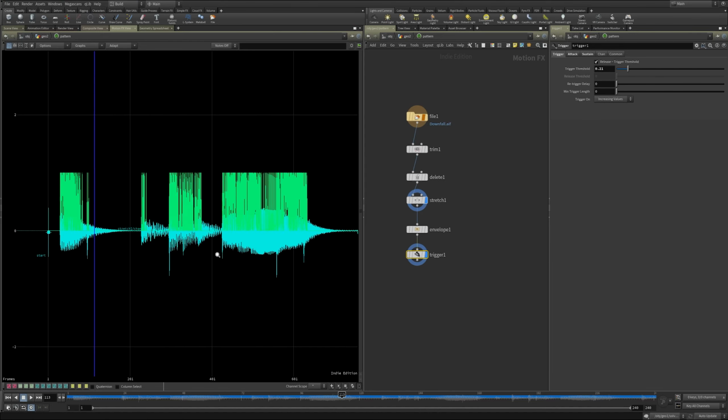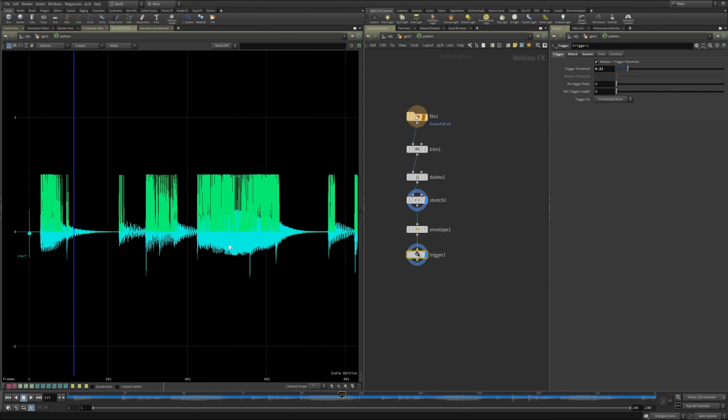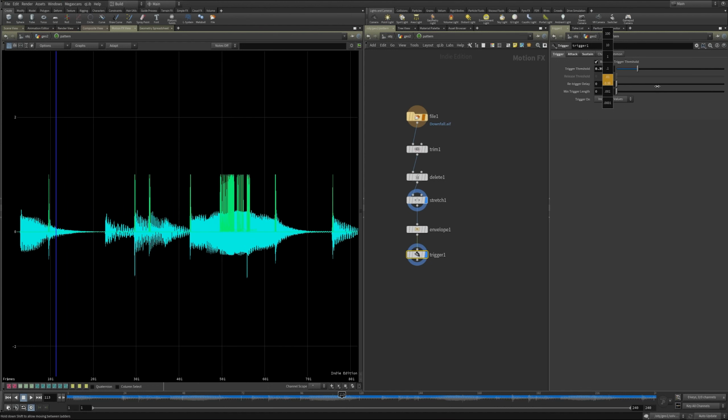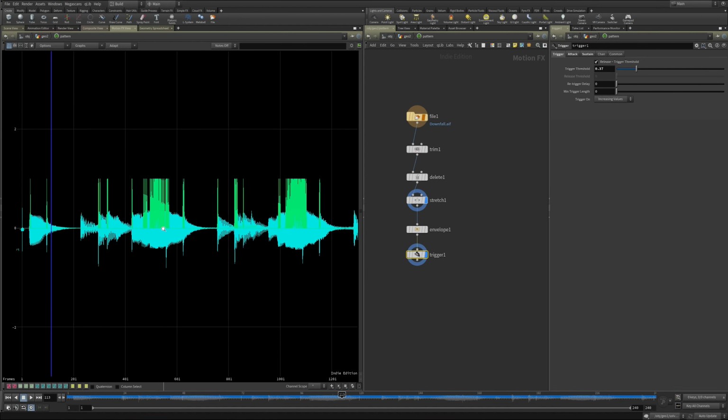Now if we look at the length of my audio, I'm getting far too many value changes registered in this trigger. So I'm going to up my threshold. Not by that much, but it's a little bit finicky to play with these values. Once you start to dial them in, there's a lot of control to be had, especially if you add these stretches in there.